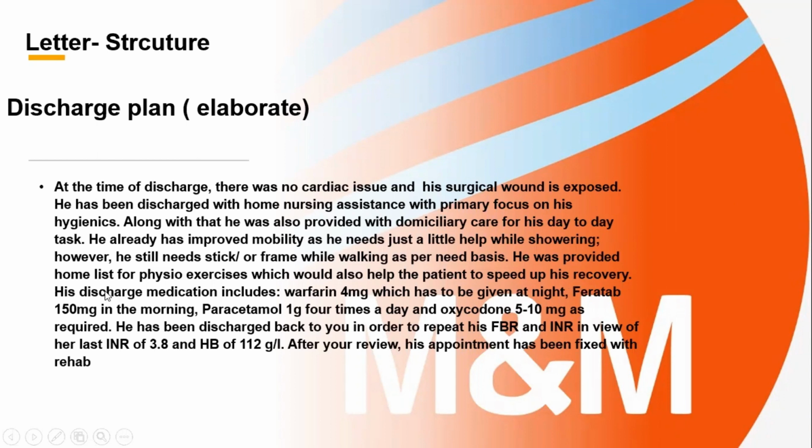recovery. Now, his discharge medication includes, now you can see, I have written the discharge medicine, everything in detail, and he has been discharged back to you in order to repeat his FBE, sorry, not R, FBE and INR in view of his last INR of 3.8 and HB of 112. After your review, his appointment has been fixed with rehab. So this is the effort I have made for the summary, for the expansion of the discharge plan. If you would like to ask any question,